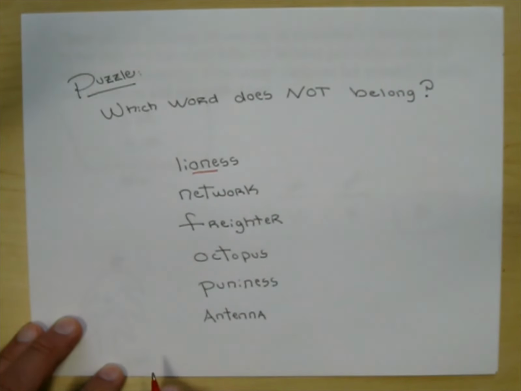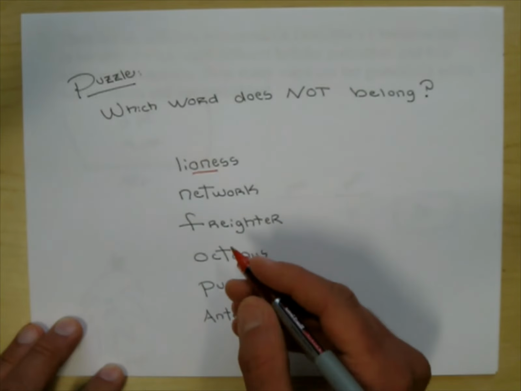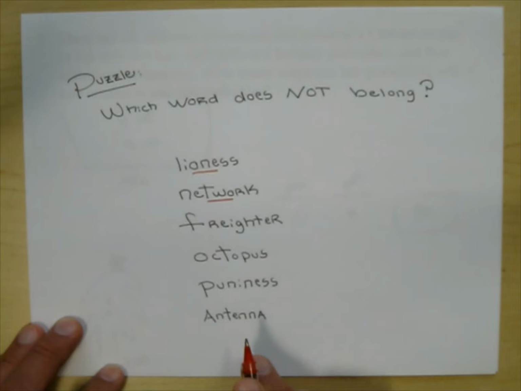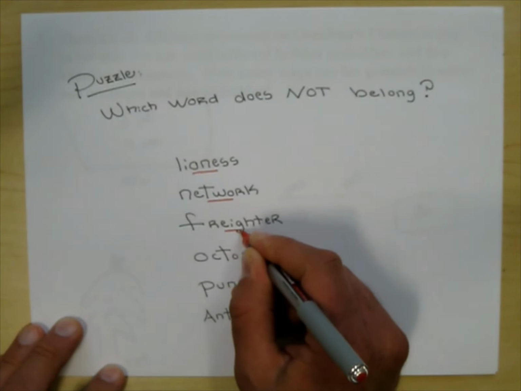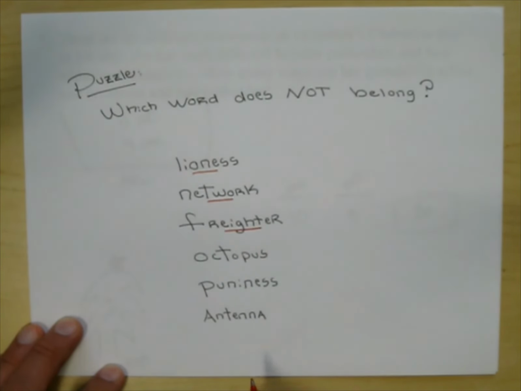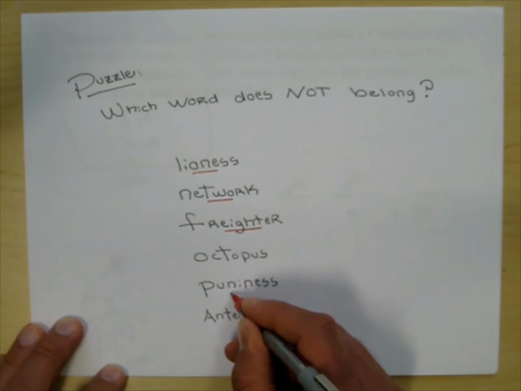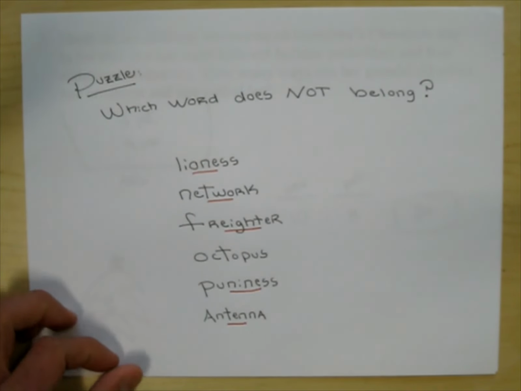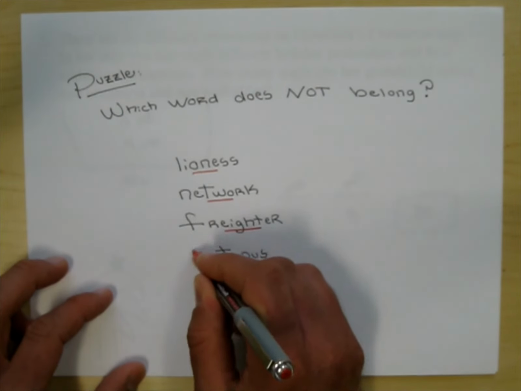Yes, it does. So lioness has 1, and then this one has a number in it too. 2, 8, octopus. I'll come back to that. 9, 10. So the word that does not belong